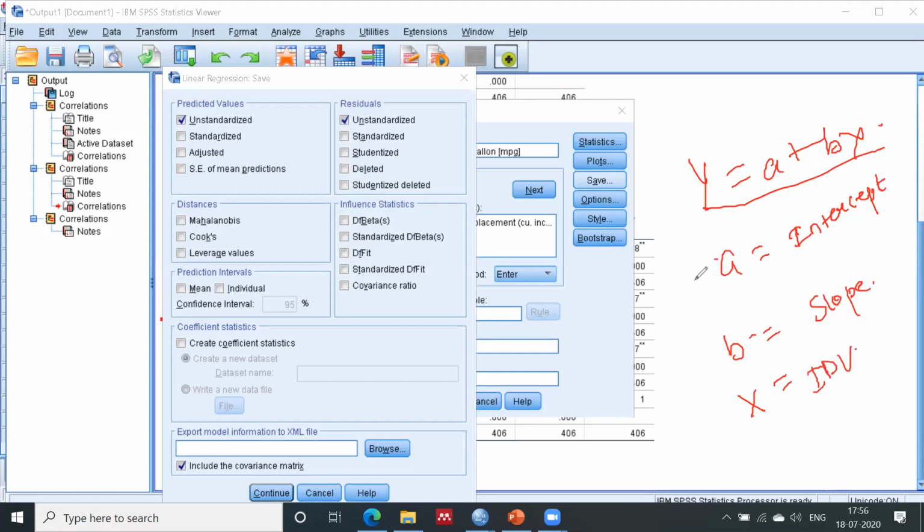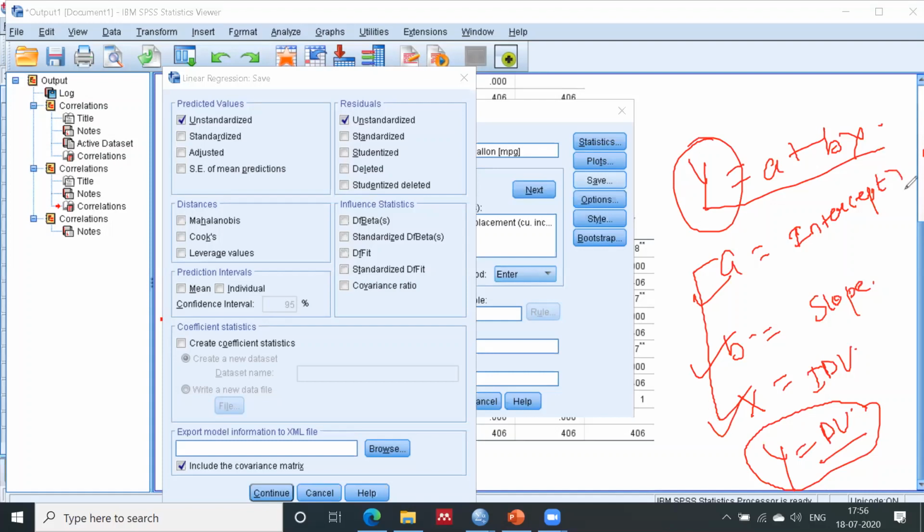So this is basically your regression equation. A is the intercept, b is the slope, and x is your IDV, independent variable. Now what does it mean? Y is my dependent variable, correct? So with the help of all three things, IDV, slope, and intercept, you will get the dependent variable.